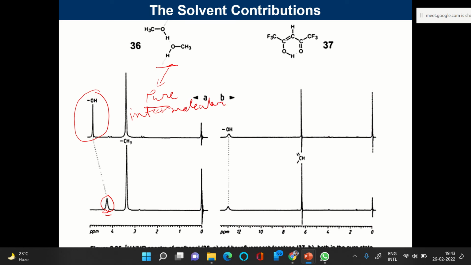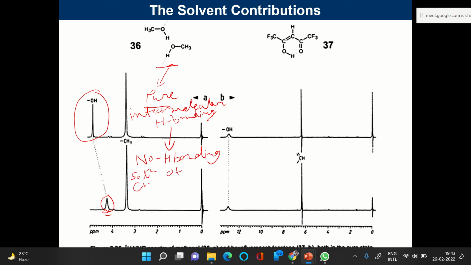Intermolecular hydrogen bonding can be affected, because it can be broken up by a foreign molecule when you change the solvent. Similar things happen, and so no hydrogen bonding is observed for a solution of methanol,